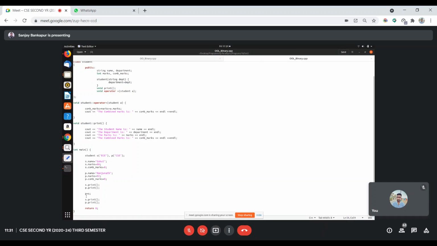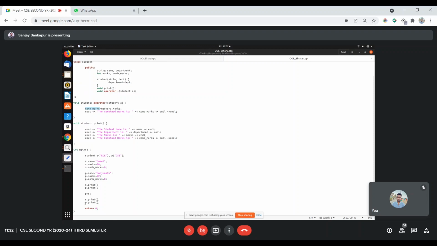So when I do p plus s, the s values are passed to an object called a. So s and a will have the same value. Those s marks values are taken along with p values and updated in the combined marks variable of p.